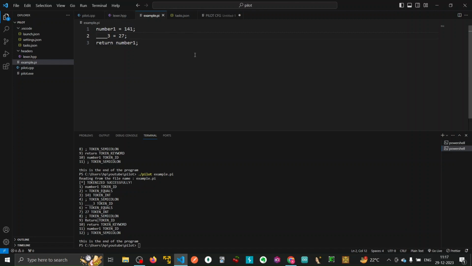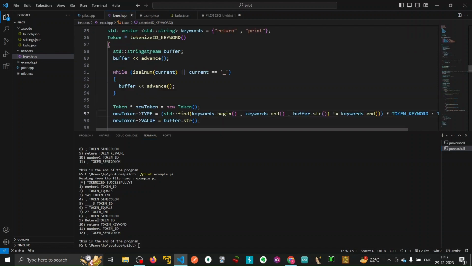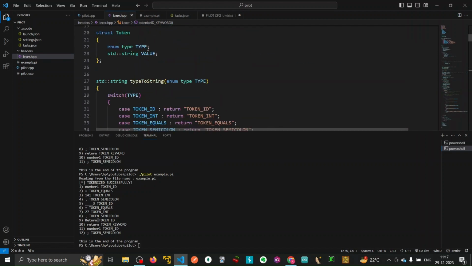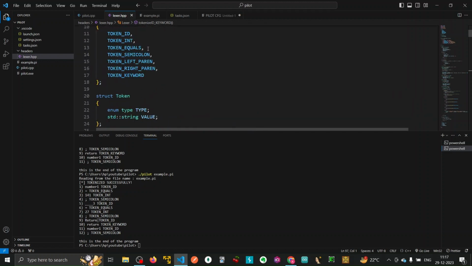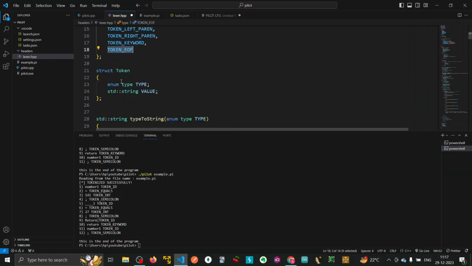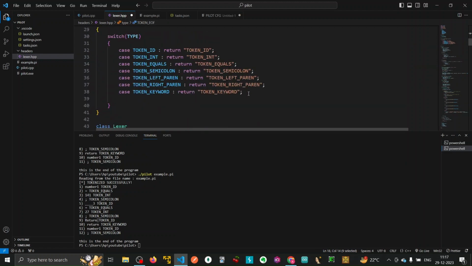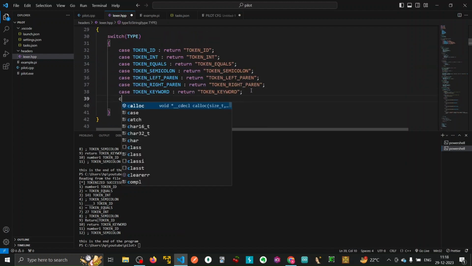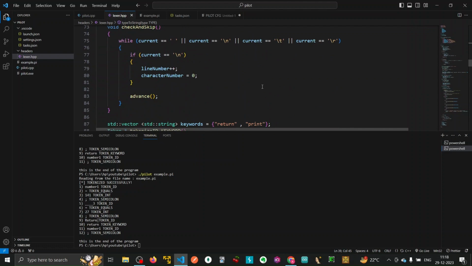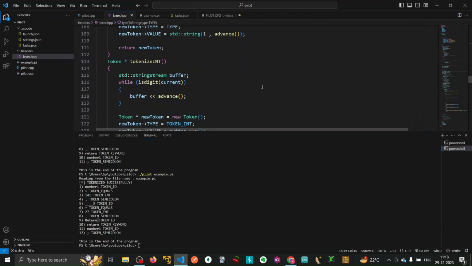Now I just want to append an end of file token at the end. So have we defined end of file? No, we haven't defined the end of file token. So token end of file, it's not over here also, I believe. So case this, we'll return this, and while we are generating the tokens, I believe